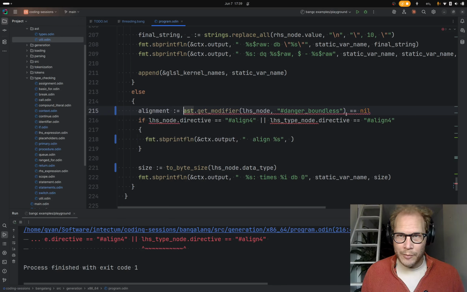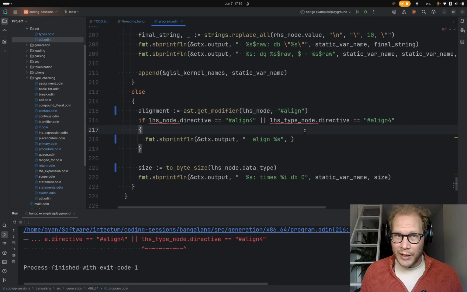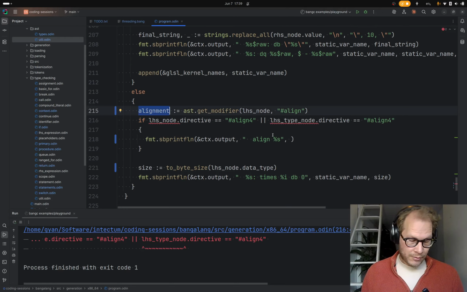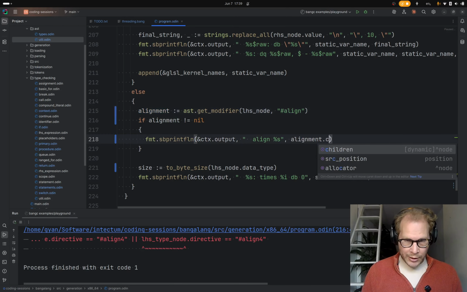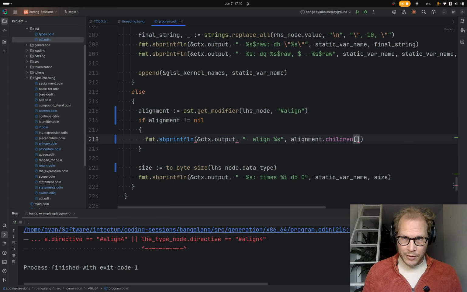So I'll call that alignment is the align modifier. So we need to update parsing for this. And I guess the grammar technically we should update as well. So if alignment does not equal nil, then alignment.children.